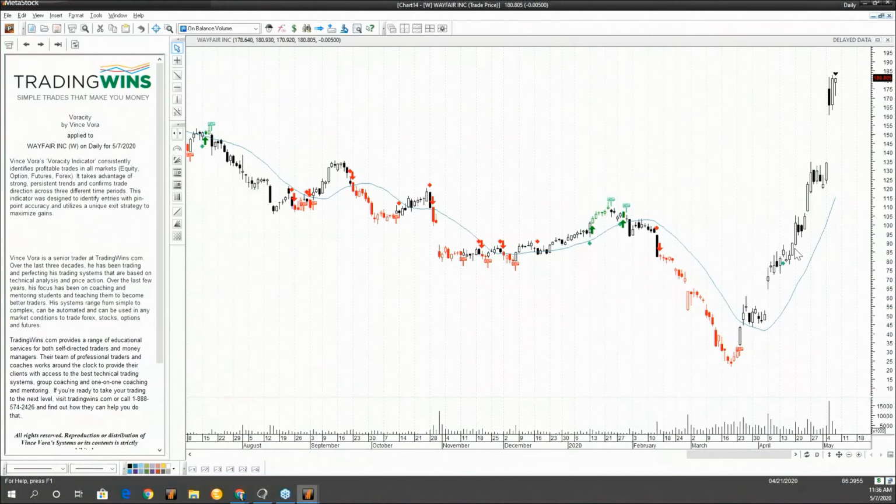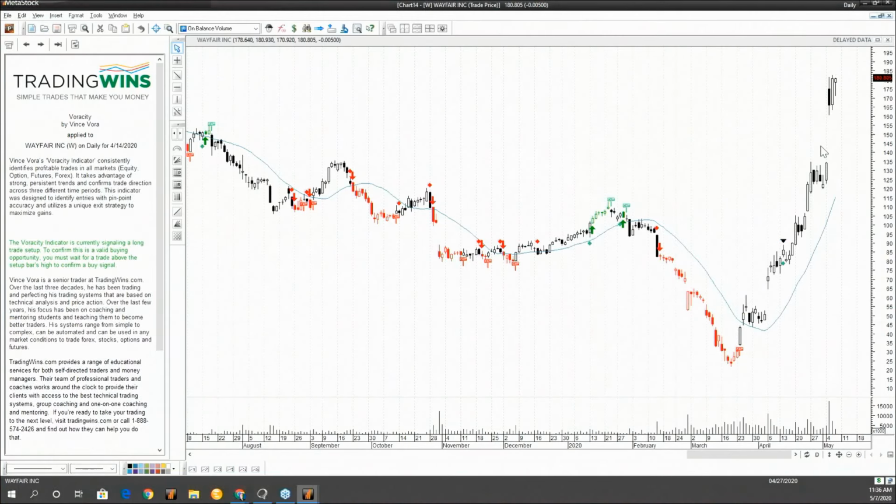So didn't get any signals right here because, and here's the one thing that a lot of people ask me this question. Well, I got a setup, and the very next bar didn't go above the high, but it's still going up. So why didn't I get a signal? You know, again, it's not perfect, but the one thing with Voracity is it has to execute that trade within the next 4 bars, or candlesticks in this case, and if it doesn't, then it basically cancels out the trade. And again, it's doing a lot of different calculations in the background, and I don't have access to that code, so obviously I don't know everything that it does. I really do like this system. For this last one right here though, it was really good.